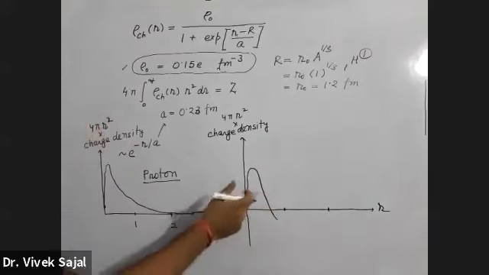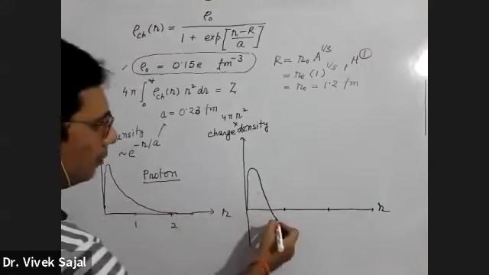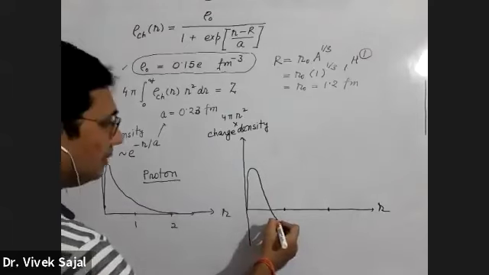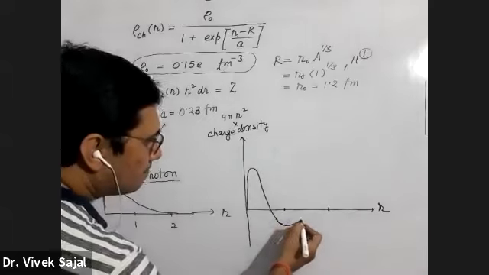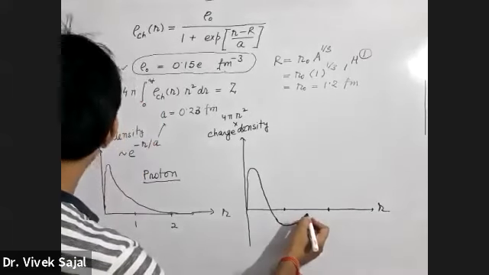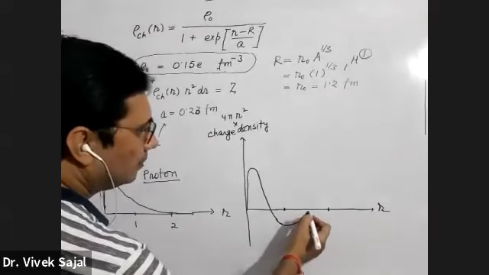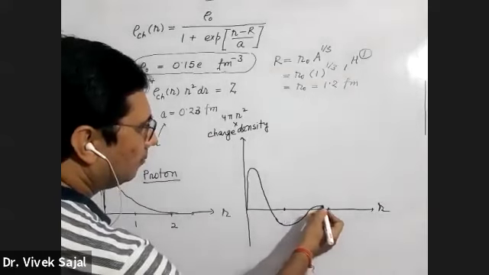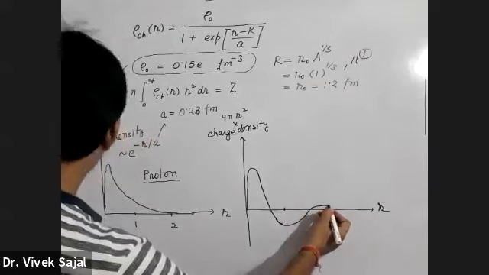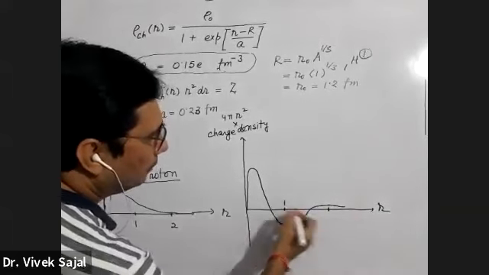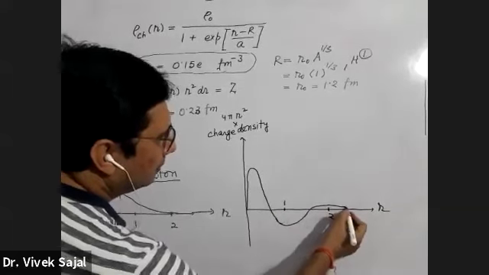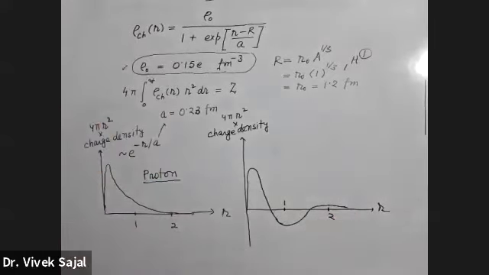ठीक है. This is the positive charge. और उसके बाद क्या है बेटा? ये इसके बाद जो स्ट्रक्चर होगा, that will be like this. थोड़ा सा और इसे ऊपर ले जाओ, और ये फिर बहुत कम, और ये 2, जहाँ पे ये 2 फर्मी है उसके बाद ये डाउन. This is 1 fermi, this is 2 fermi. तो इस टाइप का बेटा चार्ज डिस्ट्रीब्यूशन होता है.